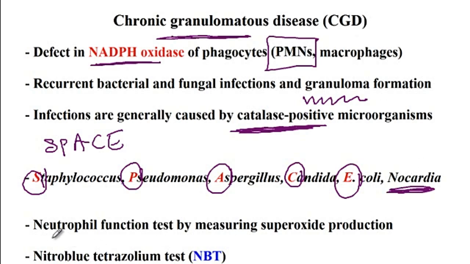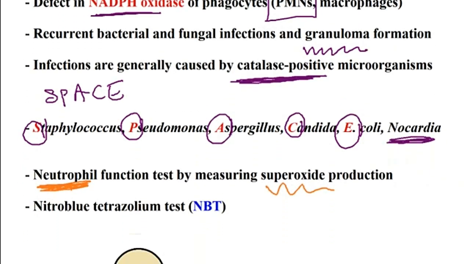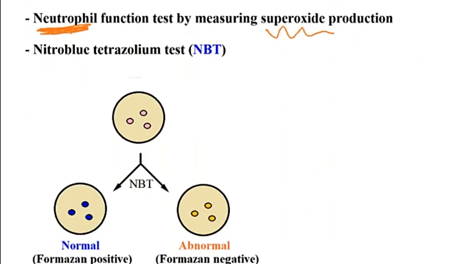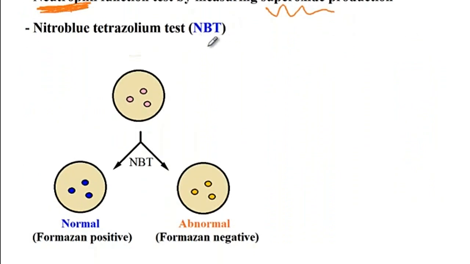One method for diagnosing CGD is to check for the function of neutrophils in the production of the superoxide radical. For that, you can use the NBT, or nitroblue tetrazolium, test. What happens with the NBT is that the superoxide radical will convert NBT into the blue formazan, which forms